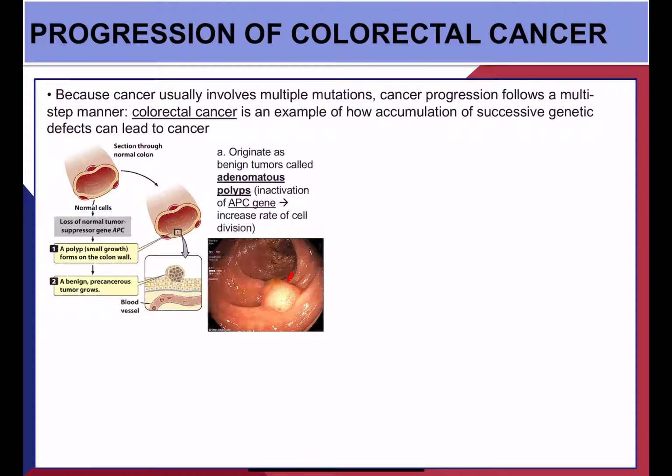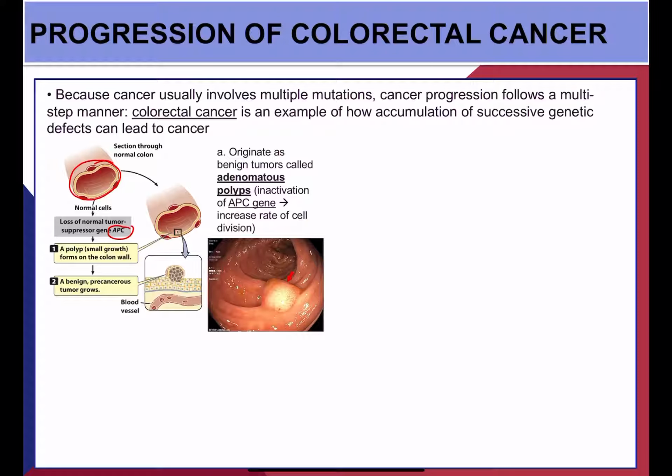So, first, let's say one of those cells within the colon, here's your colon, one of those normal cells somehow has undergone its very first genetic mutation by losing a tumor suppressor gene, APC. Okay, so now you have the origin of a benign tumor called adenomatous polyps. So these adenomatous polyps that form in the colon are sort of the initial stage of a precancerous tumor,